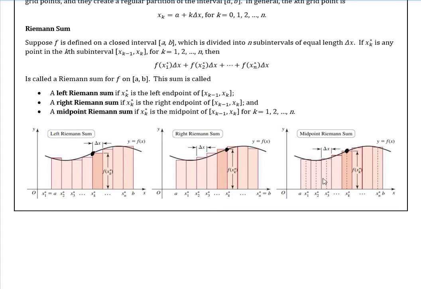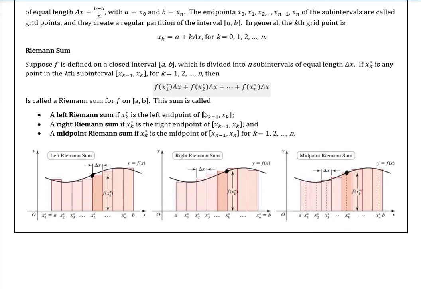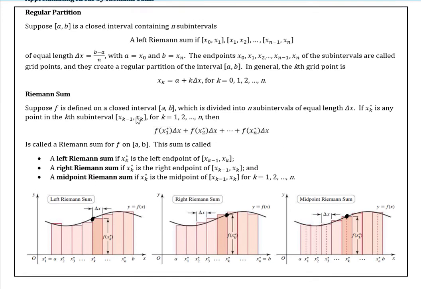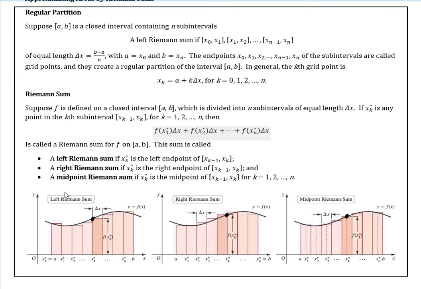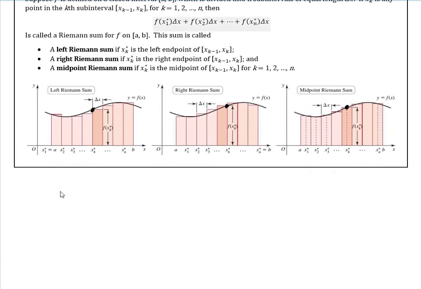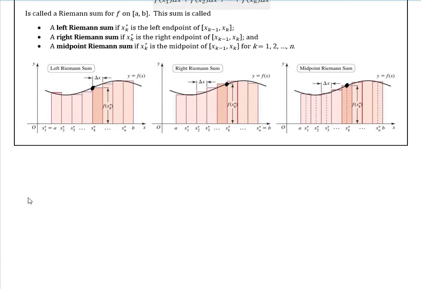So this y equals f of x is telling you the height of the rectangles. Okay, and then we have all these different little symbols. I thought I'd put that in there just in case you wanted to look over it to see how formal it is with the math. But all we really want to do is, so a Riemann sum is approximating an area,